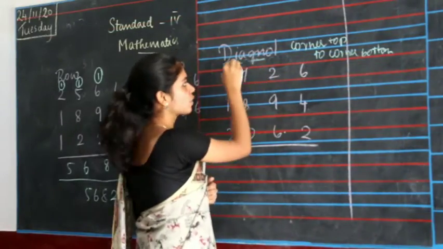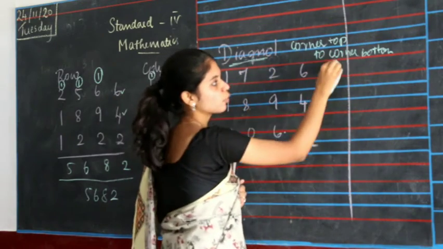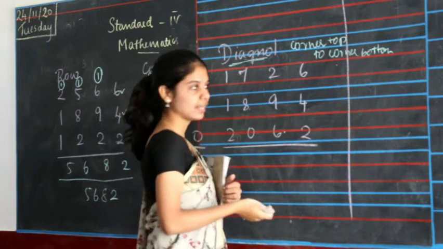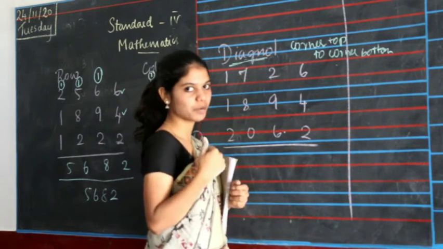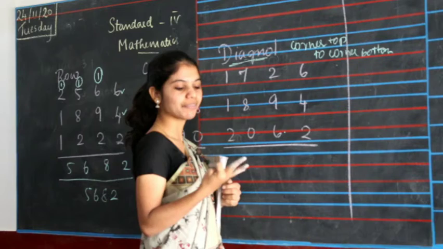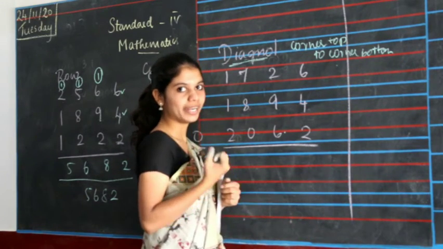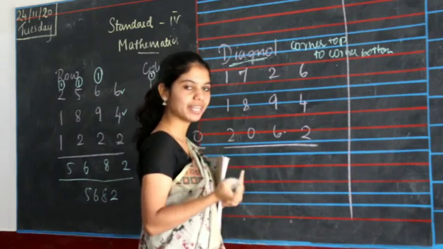Now we are going to calculate with the diagonal from corner top to corner bottom. So 6 plus 4 will be 10. 6 plus 4 will be 6 in your mind, 4 in your finger. 6 after 7, 8, 9, 10. 10 plus 2 will be 10 in your mind, 2 in your finger. 10 after 11 and 12.